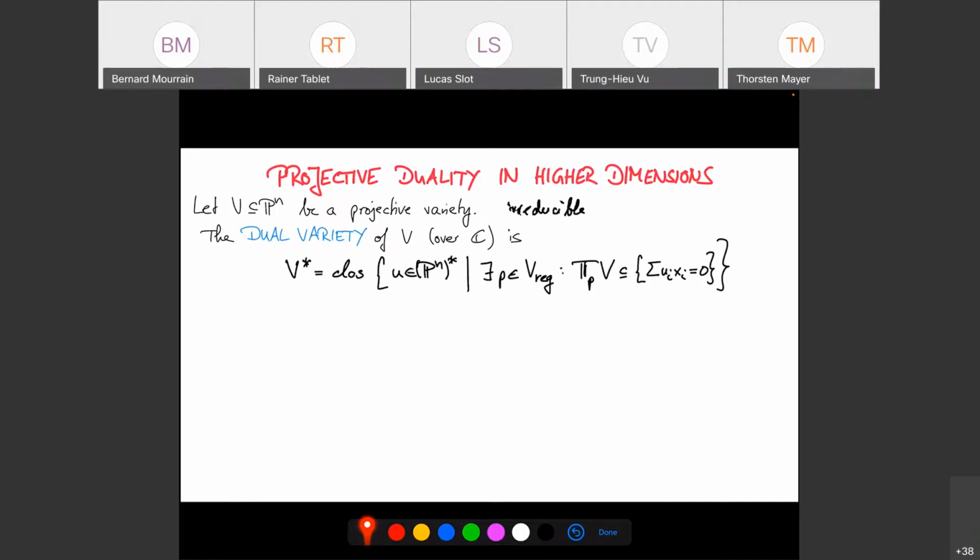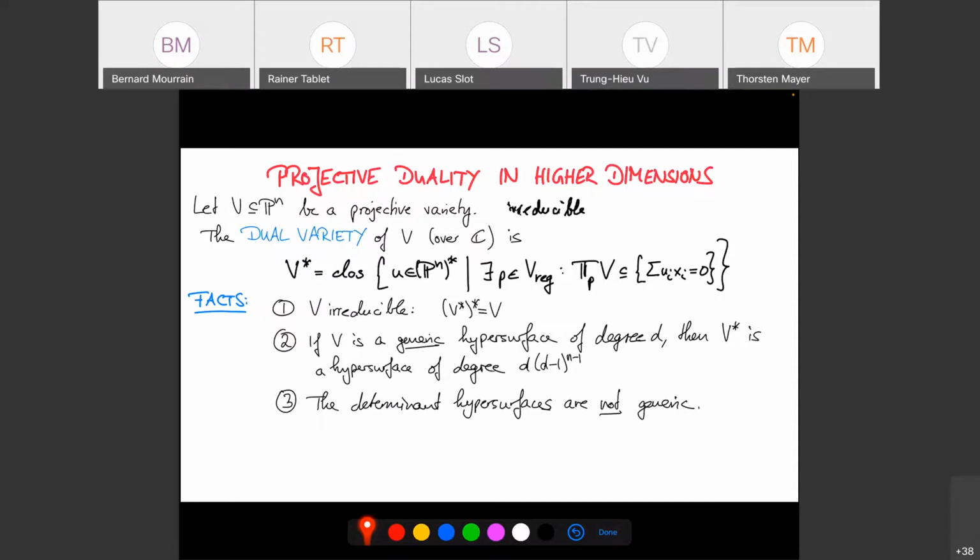And that's what you see here. U is the normal vector of a hyperplane in Pn, and what I want is that the tangent space is contained in this hyperplane at a regular point. And then you have to take the closure of this to get the dual variety. I guess the definition makes sense even if this thing is not irreducible, but in the irreducible case, as one expects of a duality, you have a biduality statement. If you do this operation twice, you end up with the variety that you started with. So that's a nice and non-trivial theorem in this context.